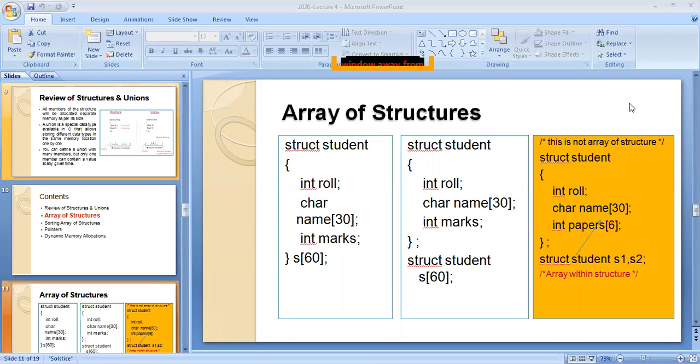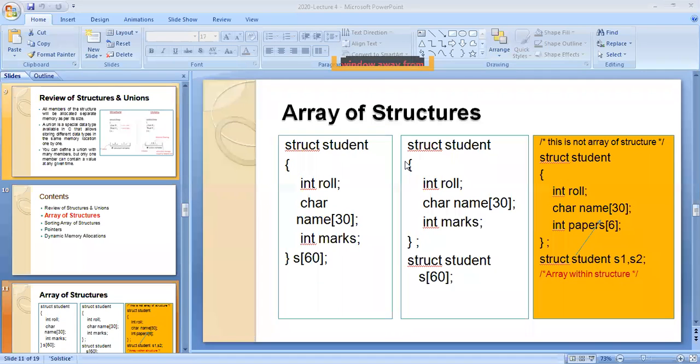Both are the same example only, but which are the structure members? Kindly, anybody can chat in the group chat now. Roll, name, marks. Okay, so now it's okay.